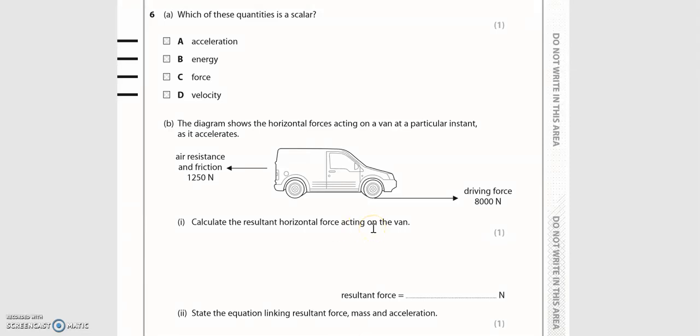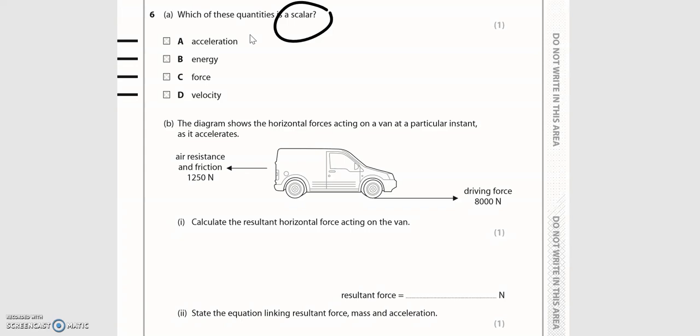Question 6 about forces. Part A, which of these quantities is a scalar? So a scalar is a quantity that does not have direction. The opposite of that is a vector, which does have direction. So of these four, acceleration does have direction because you need to specify which direction it's moving in to give